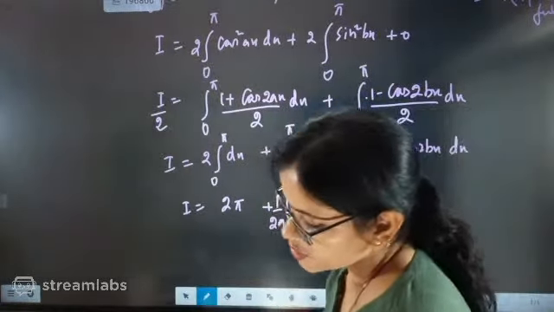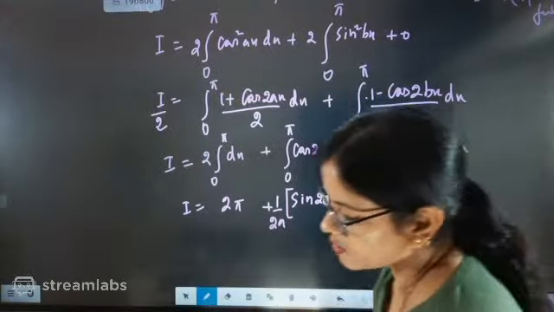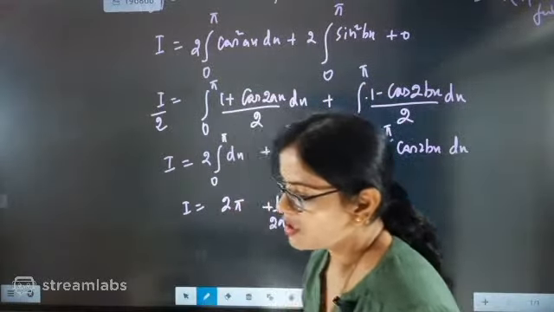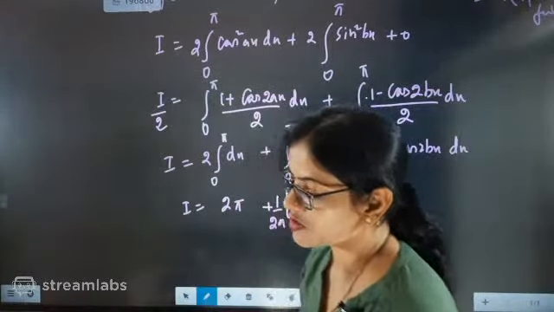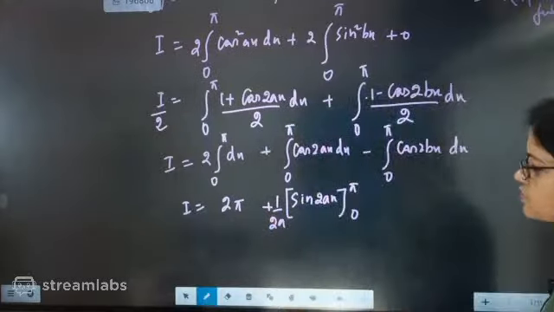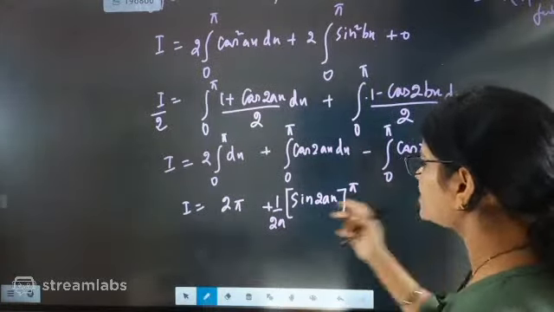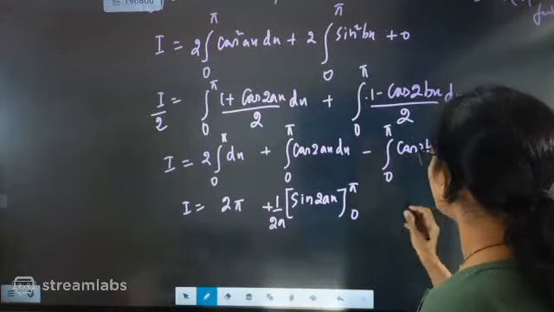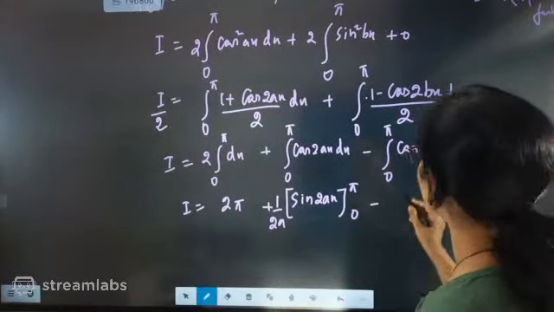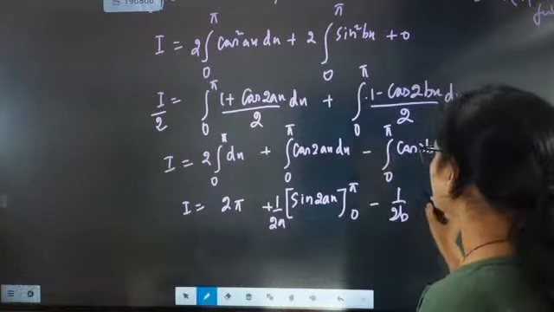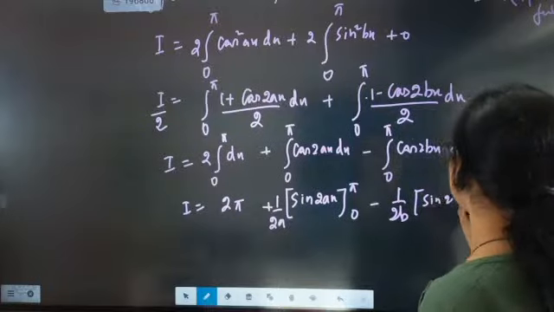Till here we have understood the pi to 0 part. It is exactly going to come one section we are going to take, and we can solve this one. Now I just wrote like this. I just want to separate this one out. So constant is there, so constant is not going to create a problem for us. So minus again 1 by 2b we are going to take. Now sine 2bx